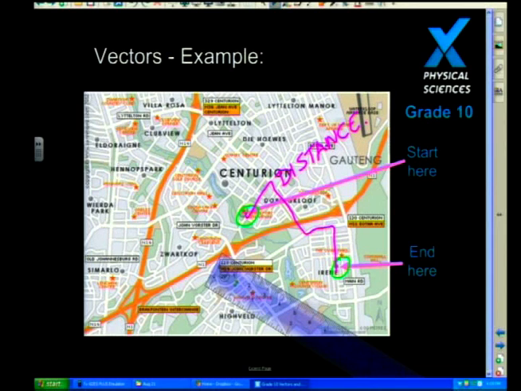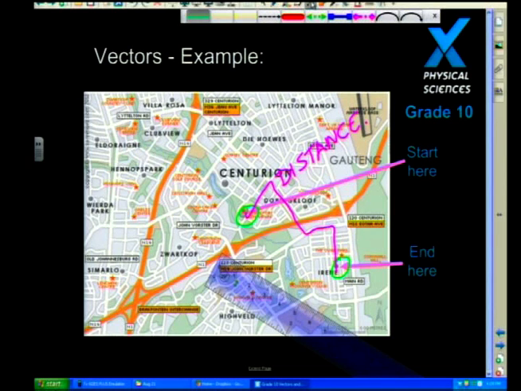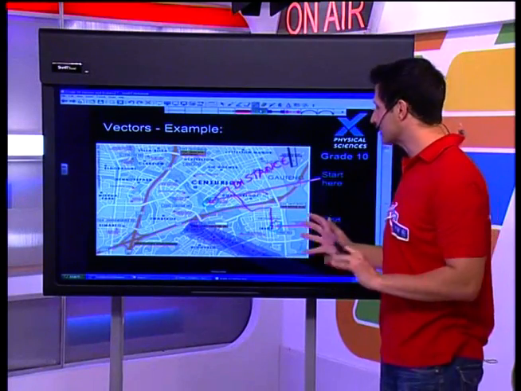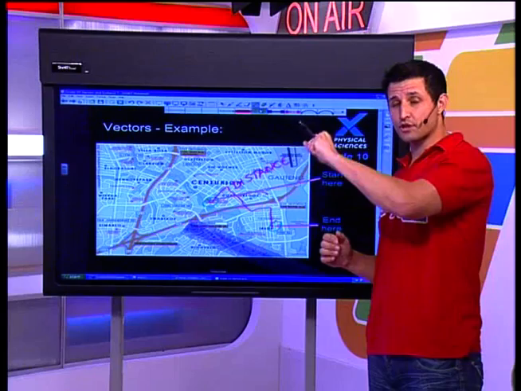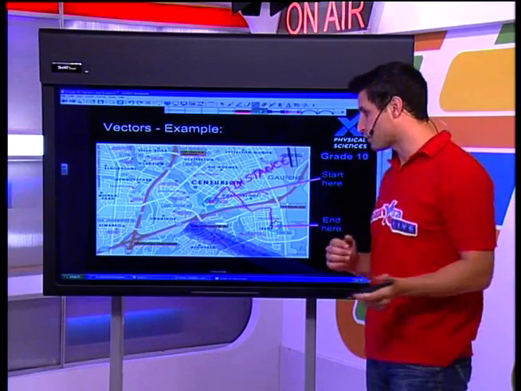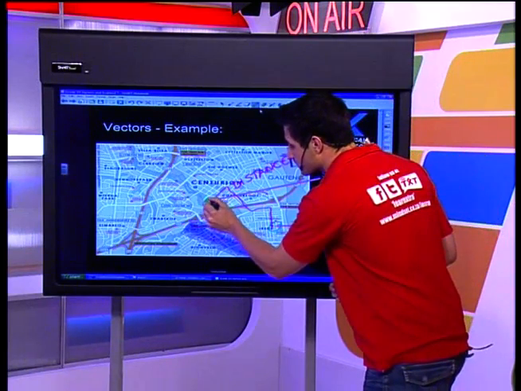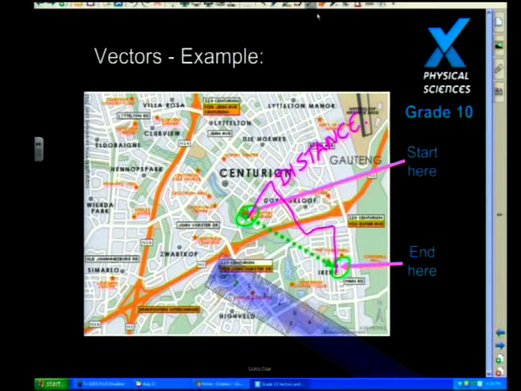Now, this is not my displacement. To figure out my displacement, I'm going to figure out what was the end result of my action. To do that, I'm going to use an arrow to point directly from the start to the end. Let me repeat that. I'm going to start from my starting point and go to my end point. Displacement doesn't care how you got there. It's a path which is direct there.